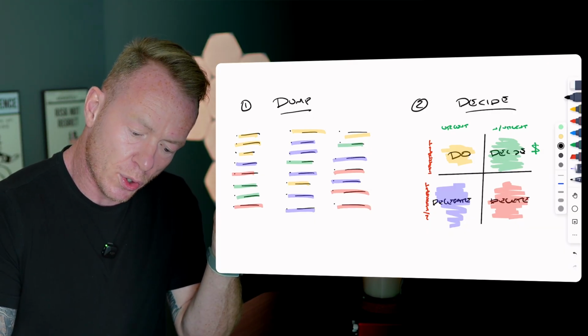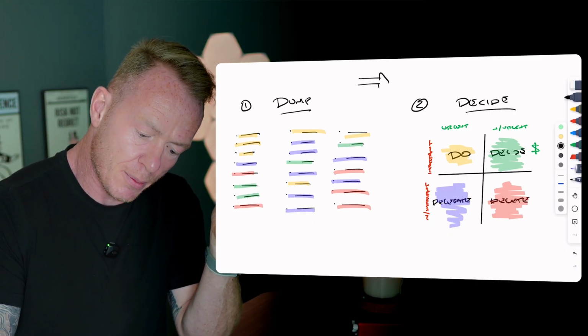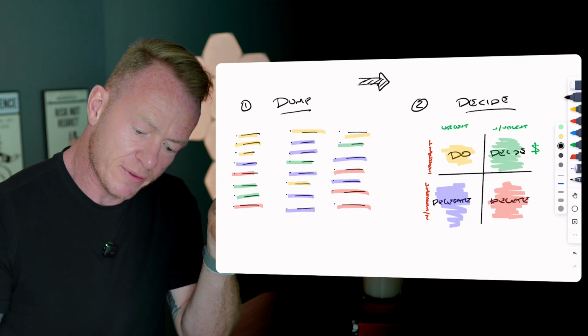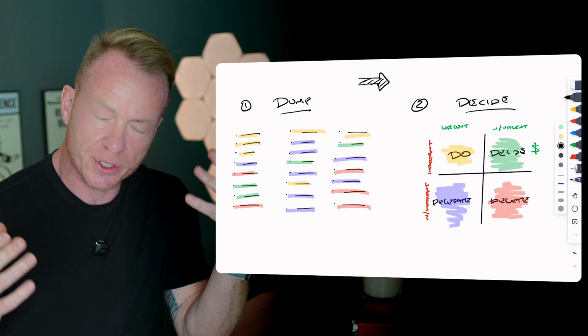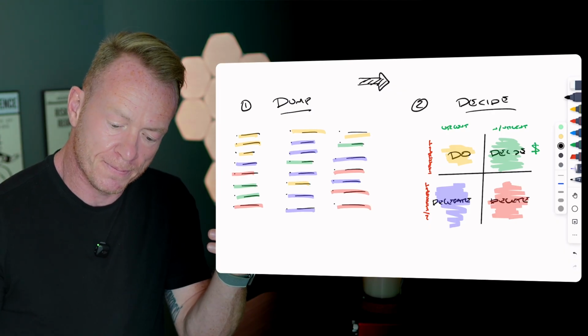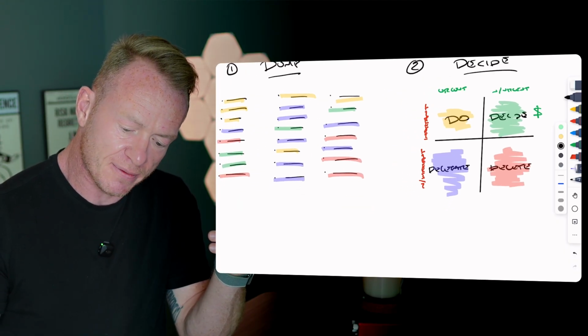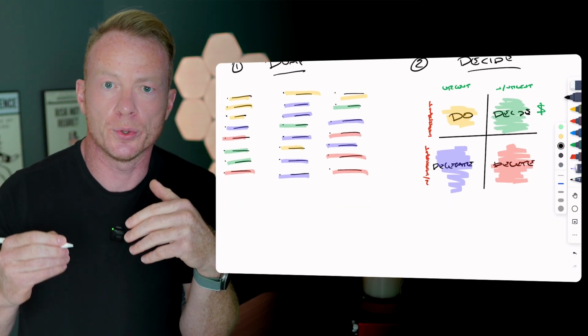All right, so we have come through our brain dump. We have now put them into the matrix to decide if they're urgent, not urgent, important, not important. Now what do we do? So the next piece of this is to go to document. A lot of people have a tendency to skip this part and they'll go straight to step 4. Because step 4 is delegate, when you start to get things off your plate.